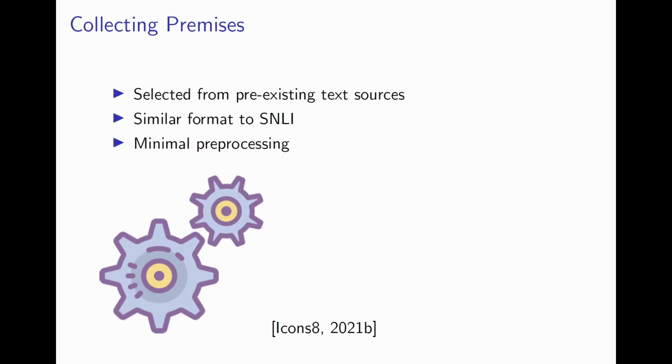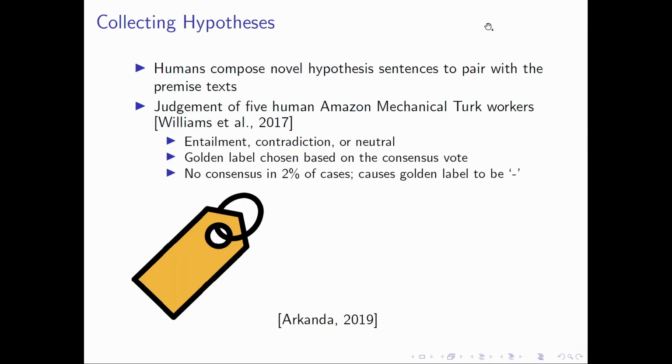Isaac will now talk about how hypotheses are collected in MultiNLI. In MultiNLI, premise sentences are selected from pre-existing text sources. After selection, a human composes a hypothesis sentence to pair this premise sentence with. Hypotheses are collected using the judgment of 5 human Amazon Mechanical Turk workers, who will each annotate a given premise